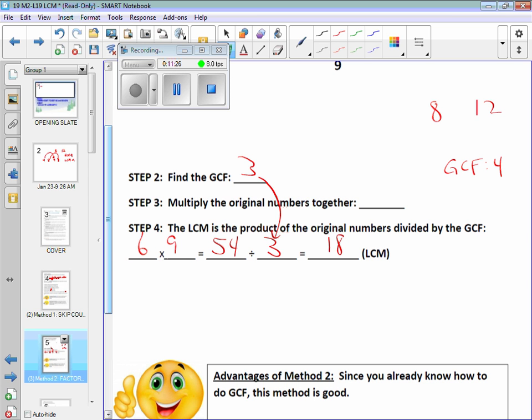Okay. 12 times 8. Multiply the original numbers together. You may have to do it off to the side. 96. Method 2 is the GCF into the product of the numbers. 4 into 96 goes